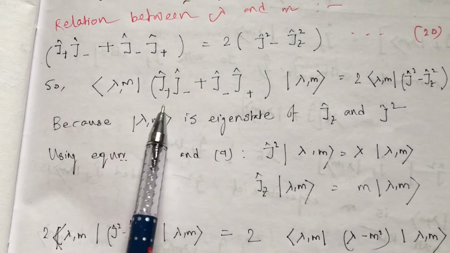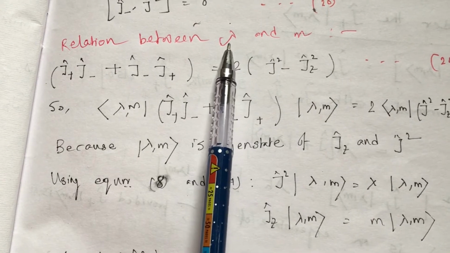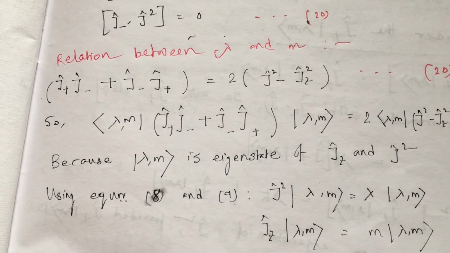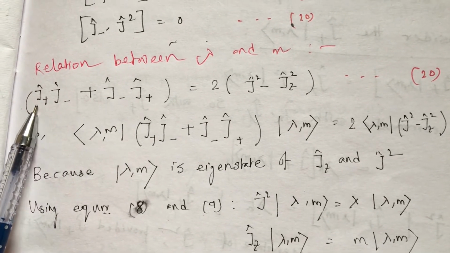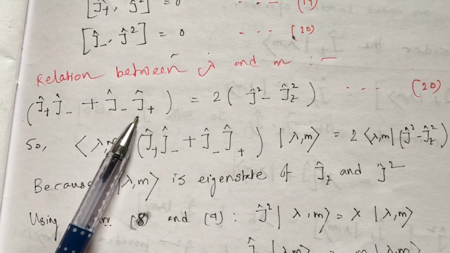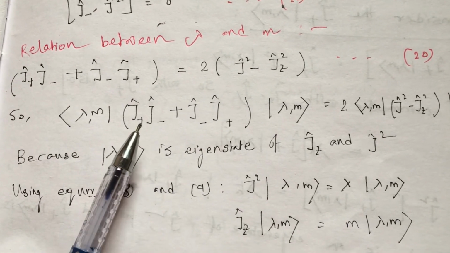Let us derive the relation between the eigenvalues lambda and m, lambda being the eigenvalue of J squared, m being the eigenvalue of Jz. Now I have already derived the products J plus J minus and J minus J plus. So using these two products I have found equation 20, and now I am going to find out